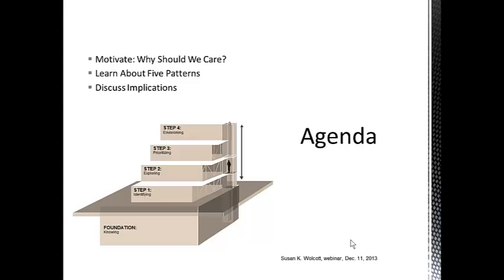The diagram that you're seeing now on the screen is a model called Steps for Better Thinking. I won't have time today to discuss the model in depth, but I will come back to it at the end. The reason I'm showing it to you now is that you will hear me during the webinar refer to some skills, specifically to Step 1, Step 2, Step 3, and Step 4 skills. These skills correspond to the diagram, so I just wanted to give you a visual to help you understand what I mean when I refer to Step 1 skills and so on. Then at the end of the webinar, I will come back and describe this diagram in more detail.